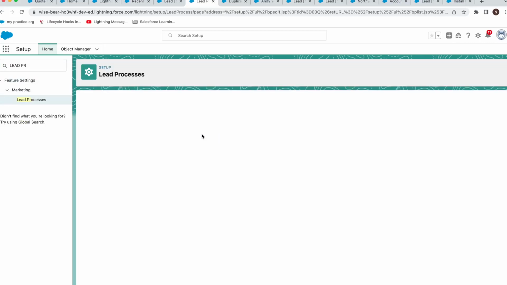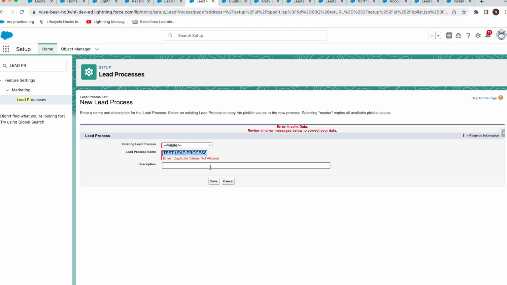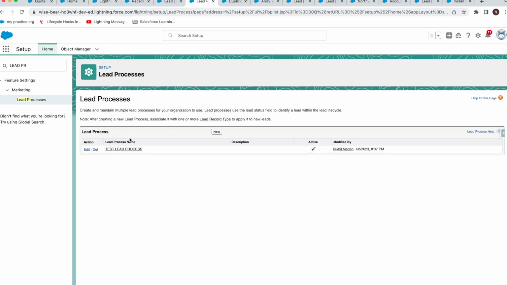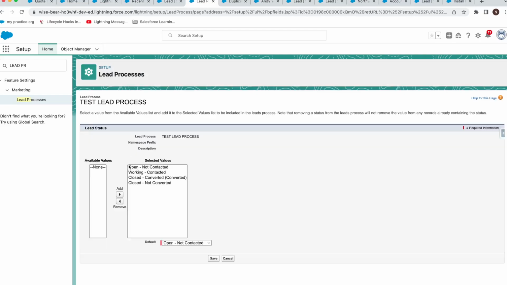When we click on lead here, let me show you, the values this shows will come from the lead process. There might be some questions coming in your certification exams if you're planning to take the Sales Cloud Consultant exam. So this lead process which I just created, if you click on this, you will see that all these values are coming from